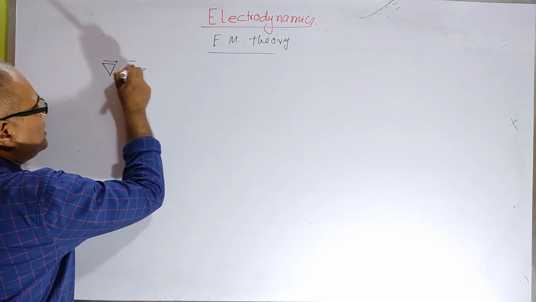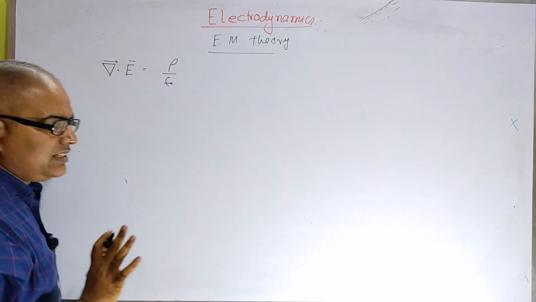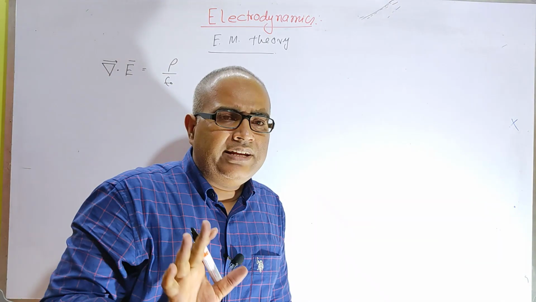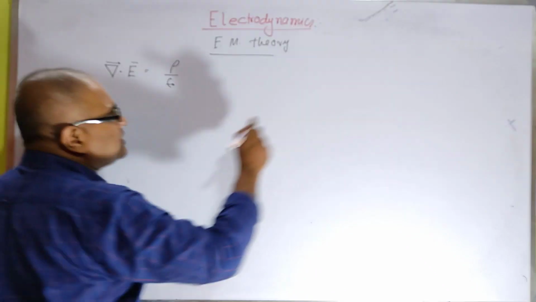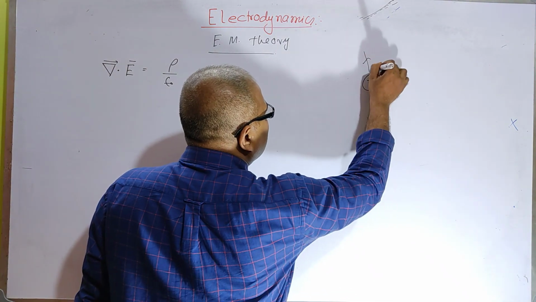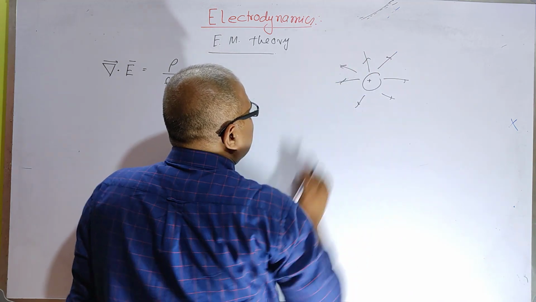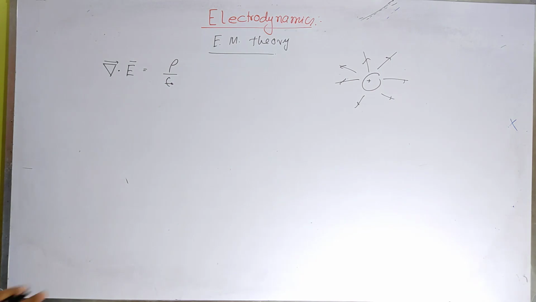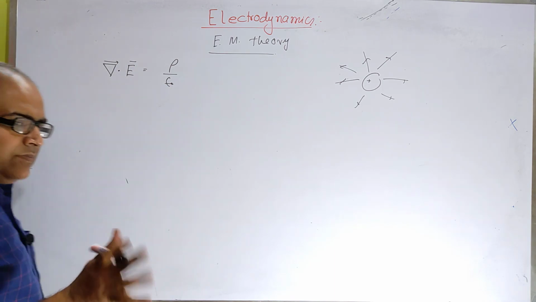Giving you divergence of E equals rho by epsilon naught. The terms have their usual meanings and I am writing them for free space. So this equation says if there is some charge, then the divergence of this electric field at any point is rho by epsilon naught. Its physical meaning you will get if you take the